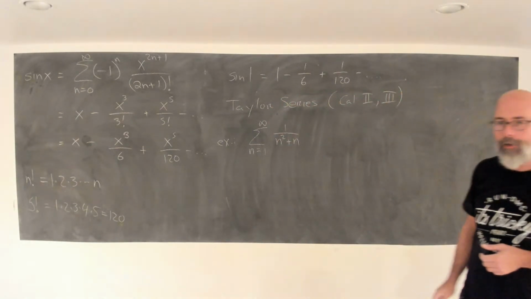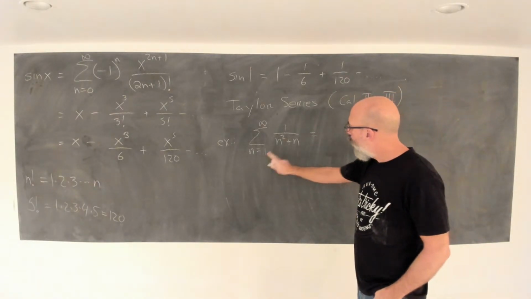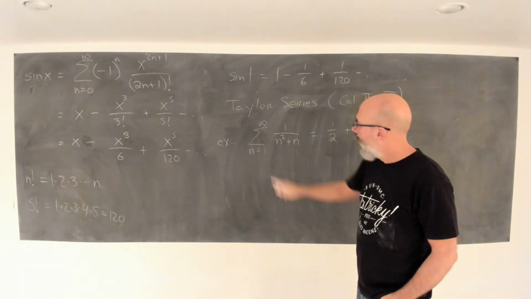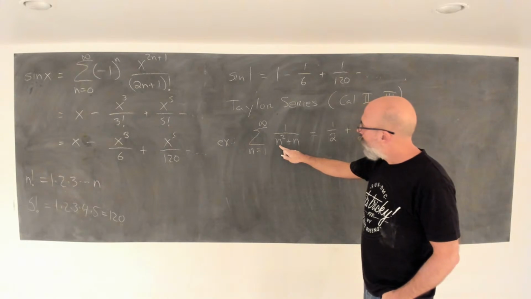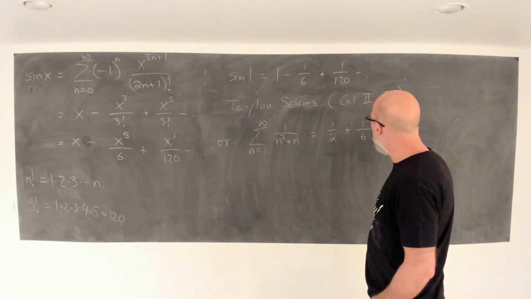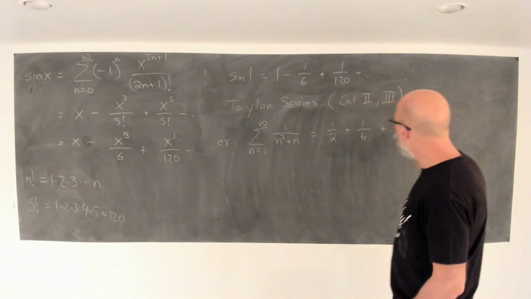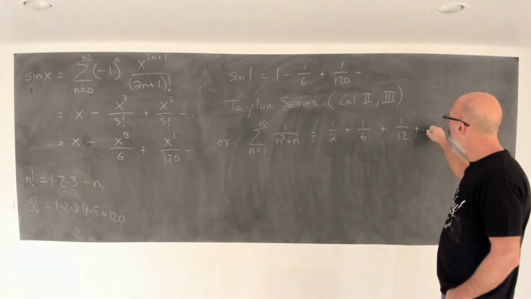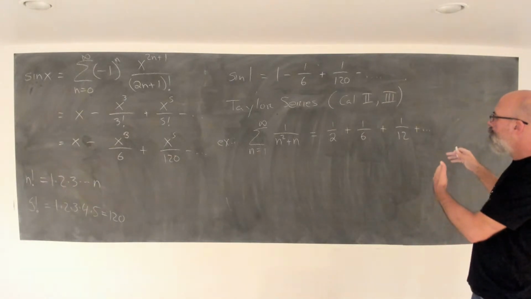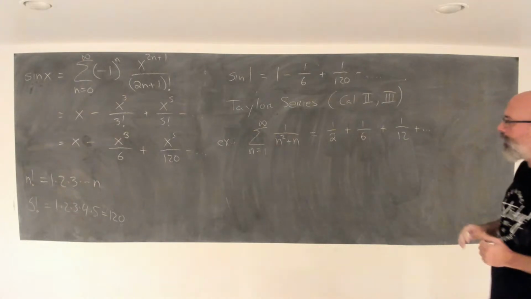Consider the following series. What is that? Well, when n is 1, you get 1/2. Plus, when n is 2, 2 squared is 4, plus 2 is 6, 1 over 6. Plus, when n is 3, 9 plus 3 is 12, 1 over 12, and so on and so on. It's not clear that you can multiply this by any good number